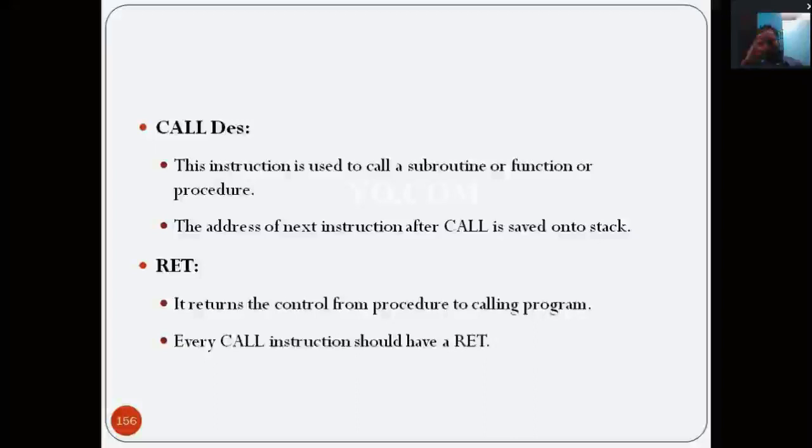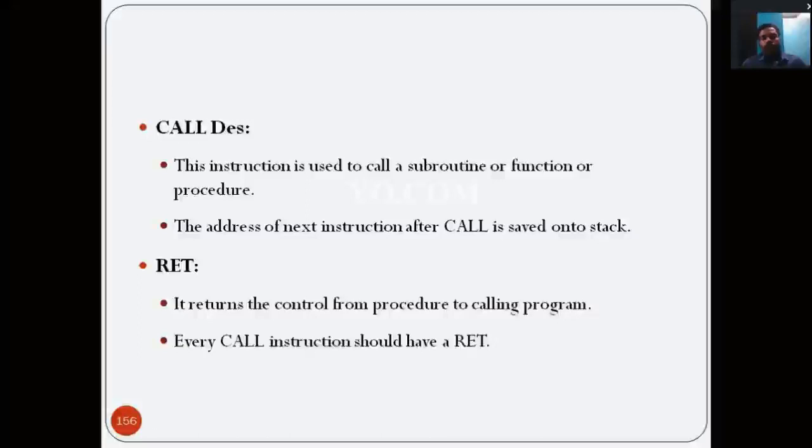First one, CALL DES, that means call destination. Call means we are calling some subprogram from the main program. We have an idea about function calls in a C program. Some other program present elsewhere is included with the main program.